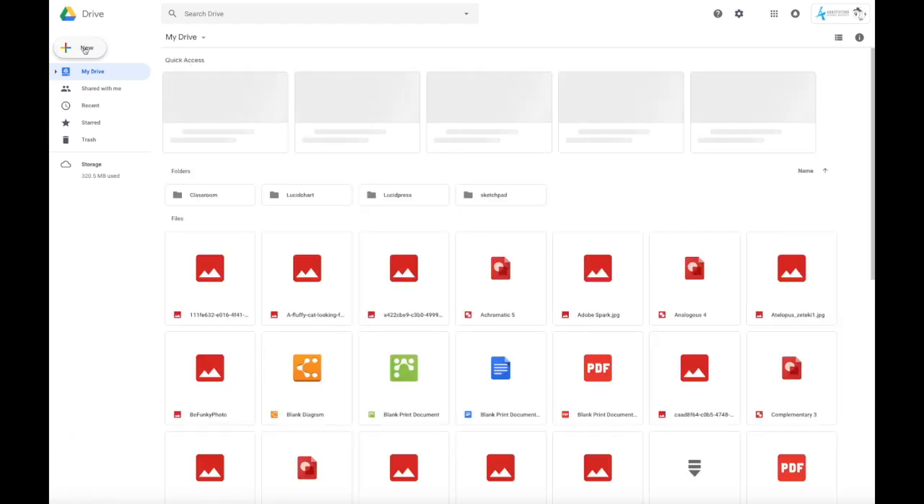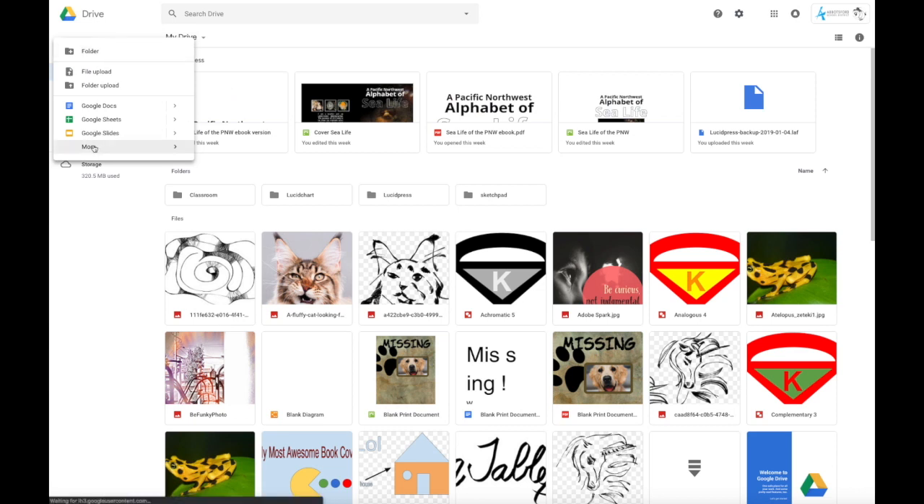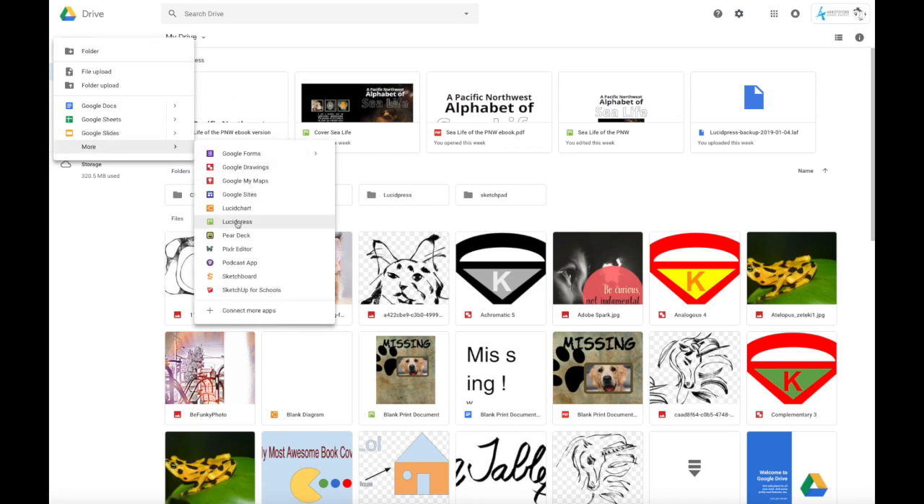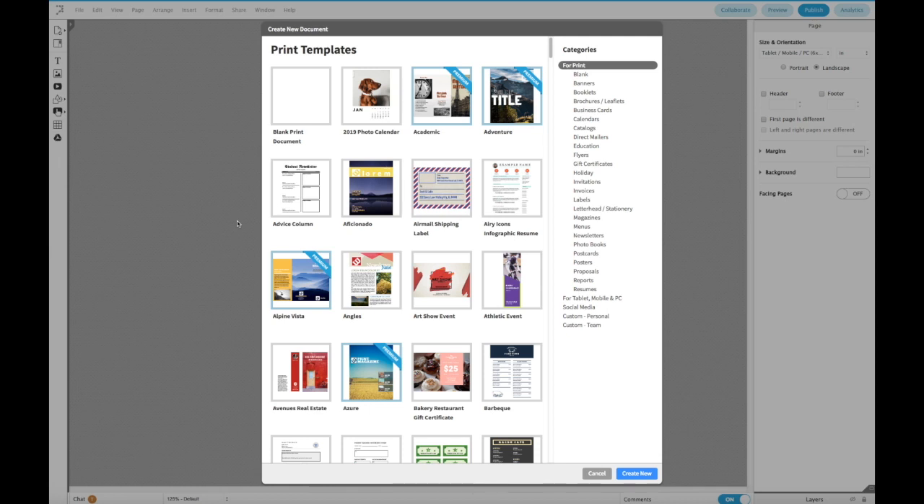And you'll want to go to New, More, and Lucidpress. It is important for you to log in using this process initially. I will show you how you can sync it to your Google Drive so that you have an extra copy on here. Our initial document is not going to be for print, it's going to be for tablets, so